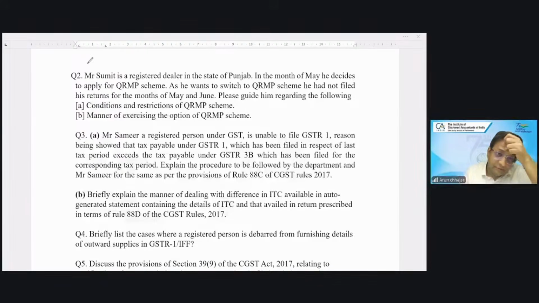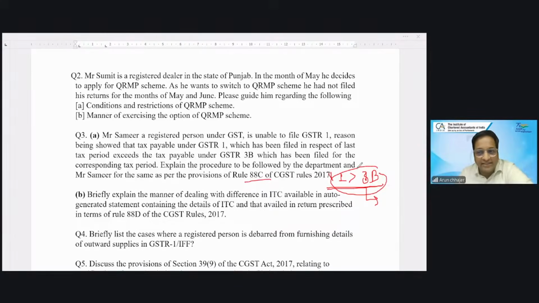88C का नहीं पता. ओके, सो बेटा 88C है क्या? If R1 is greater but the liability has not been paid in 3B and the difference is more than a specified amount, then what? See, if the liability in GSTR1 is more and the liability paid in 3B is less, then if it is more than the specified amount,